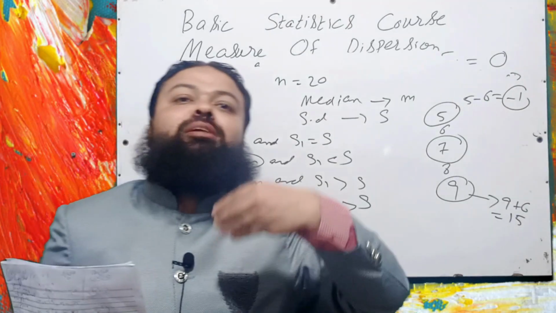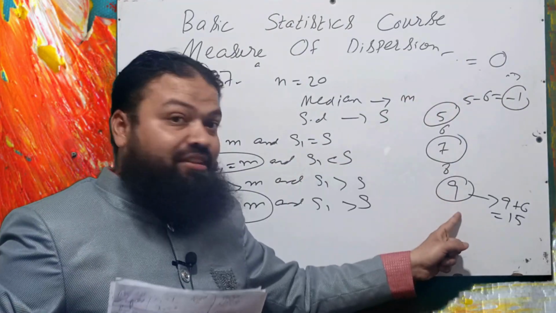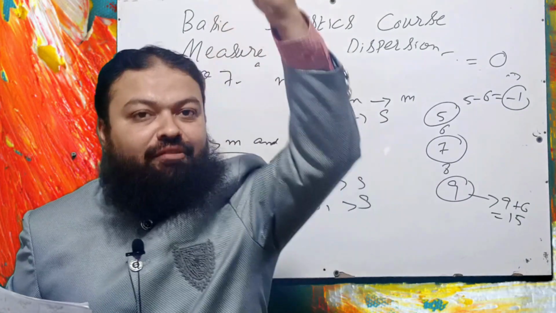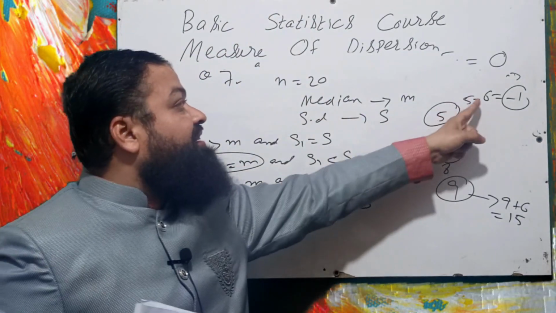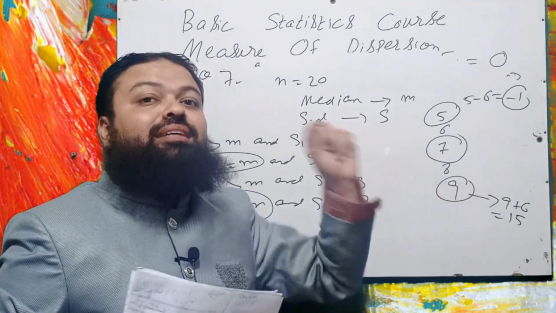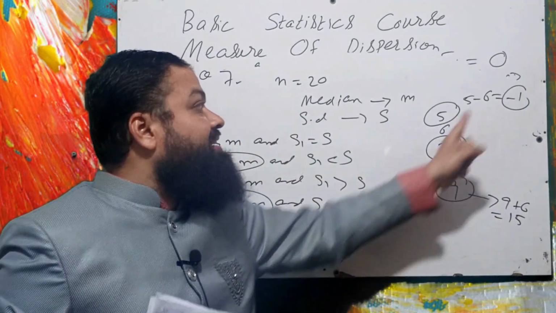When we add or subtract from the first and the last value, please keep in mind, they are not asking to subtract or add in every value. They are asking that 6 is subtracted from the first value and 6 is added to the last value, the largest value. Then the median is not affected.